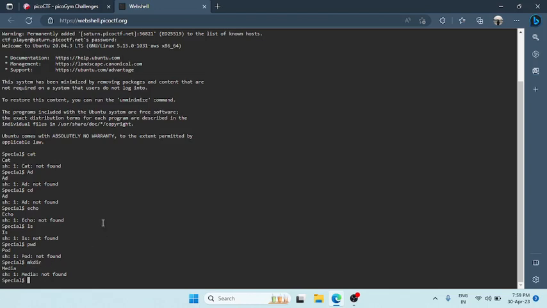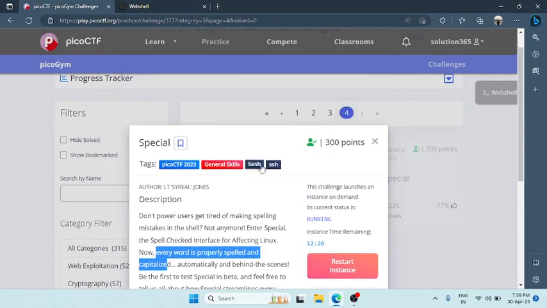So of course you cannot use Linux operating system commands directly to go ahead. We have to find some different way so that whenever it changes your word, that doesn't make a difference and you are able to use your OS level command. It has given some hint here that this is related to SSH.